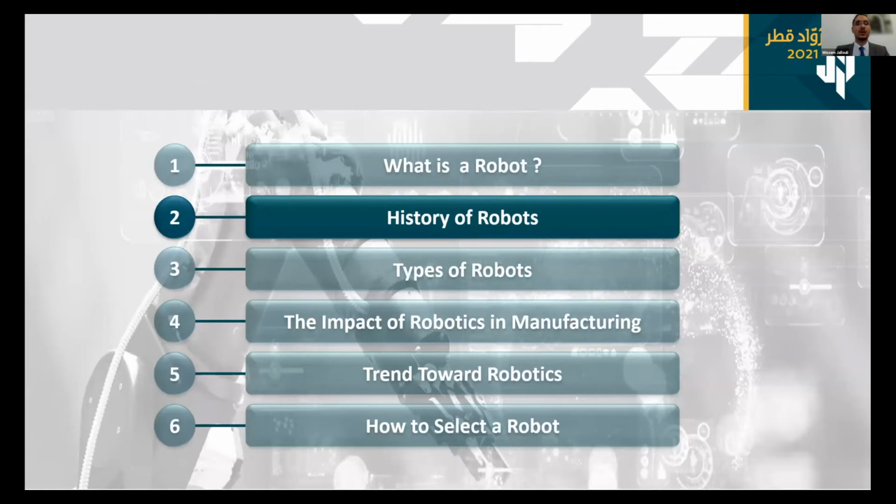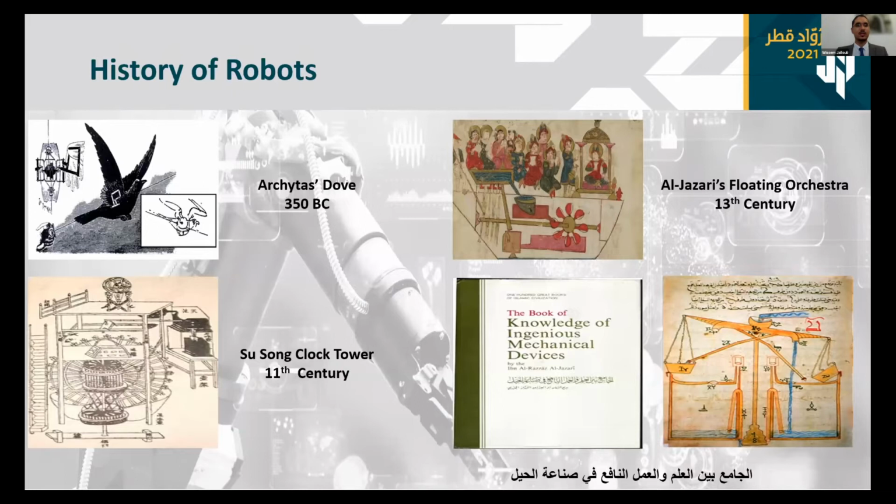So let's talk more about the history of robots. You will be very surprised by the early stage of robot inventions. In the beginning, before the use of the word robot as we know it, in ancient literature people used to call an automaton a relatively self-operating machine or control mechanism designed to automatically follow a sequence of operations or respond to predetermined instructions.